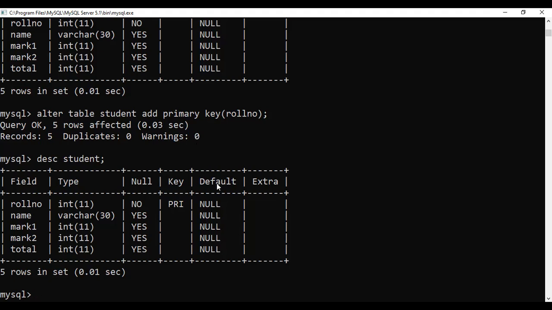Since my table doesn't have a foreign key, I cannot use the cascade option or the option to remove the foreign key, dropping the foreign key. Another thing we can do is modify. You can see the data type of this one is varchar of 30. I want to increase the size. Okay. So for that we have alter table.